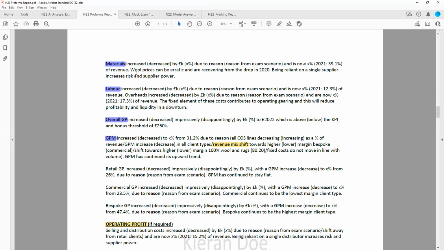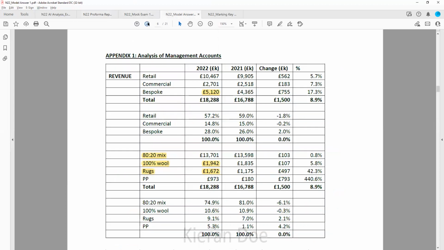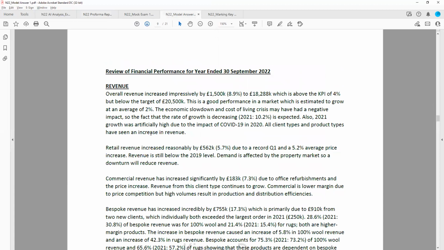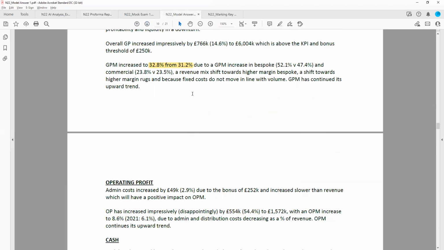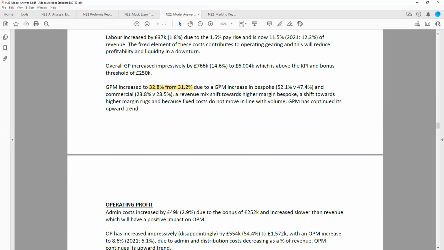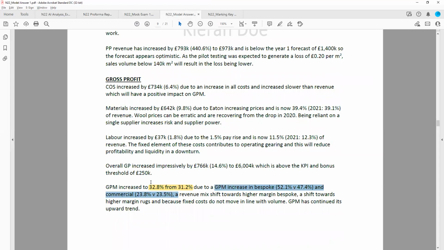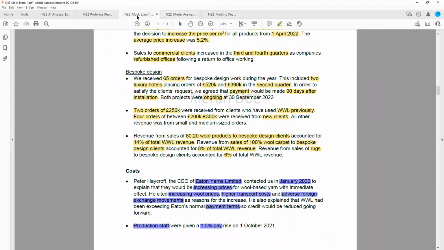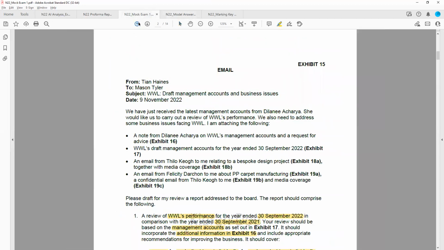So we can then see this in the model answer, because actually most of those points were relevant here. So you can see that the gross profit margin went up, and that's because there was a gross profit margin increase in two of the client types. I've mentioned the number here for bespoke and commercial because they're the ones that have gone up. So you could say, a GPM increase in these two, despite a decline in retail, and have the numbers there, because then you're not having too many points on your gross profit. You're not wasting too much time, but at the same time, you are actually still commenting on it by